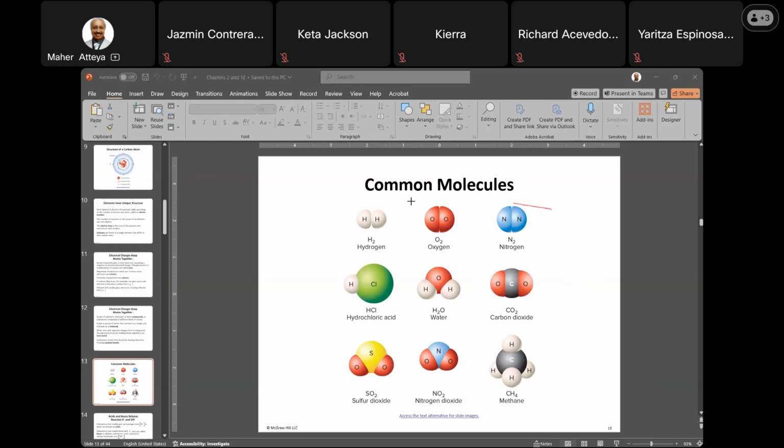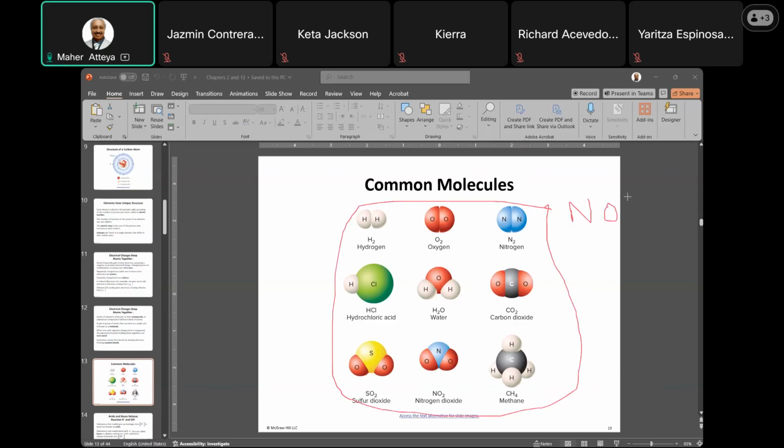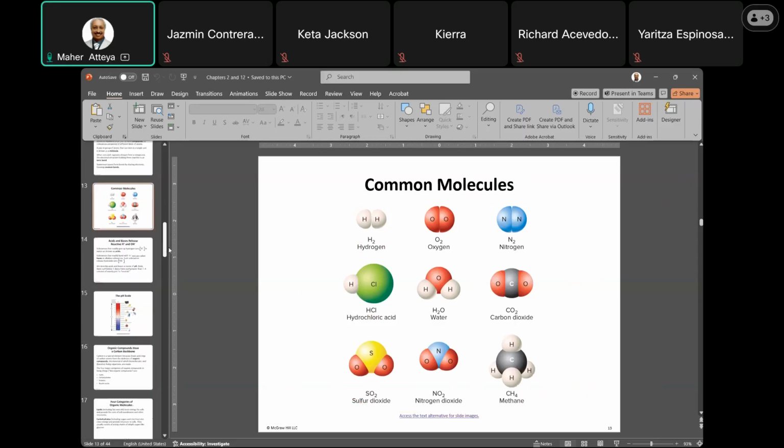So all those here, no metal. If there's no metal, then you are dealing with non-metals, so all those are covalent bonds. Guys, that's the difference between covalent and ionic. Ionic, you have to have a metal. It's a must. We have to have a metal in order to designate this as an ionic compound.